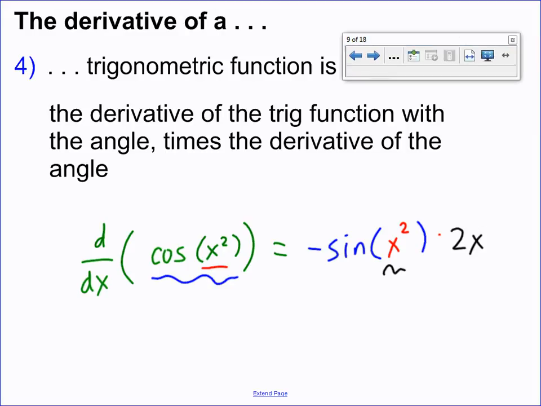The derivative of the trig function is the derivative of the trig function with the angle, then times the derivative of the angle. And of course we would rewrite that as negative 2x sine of x squared. It's easy to see that chain rule application in the trigonometric function words